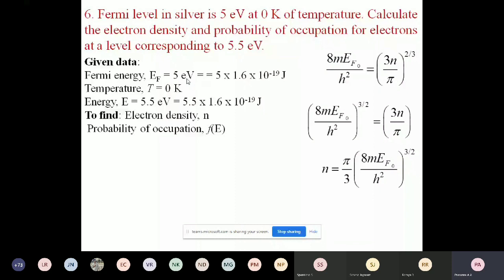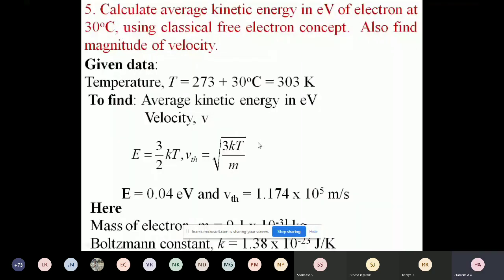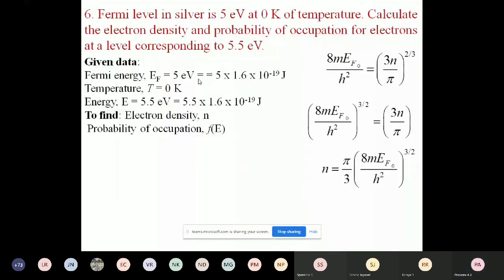Oh, I made a mistake while telling you the conversion of energy to electron volt. Here, after getting the value in joule, you should not multiply the charge, you have to divide the value. If you get the energy value x joule, you divide x by 1.6 into 10 power minus 19, so that you will get the value in electron volt. Okay, let me come back. So here, in order to get the value in joule, multiply by the charge of electron.